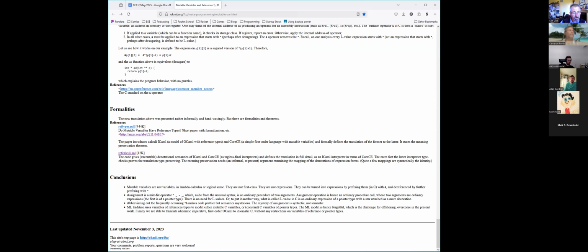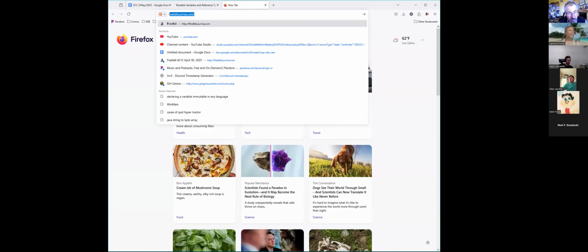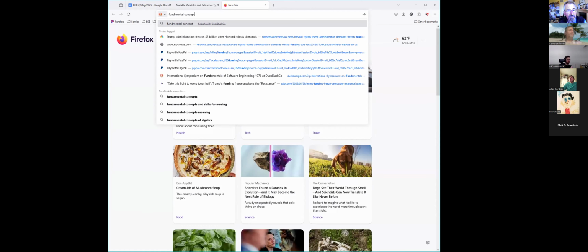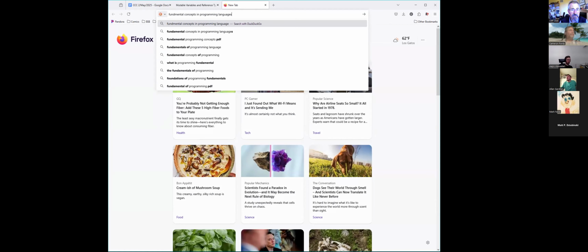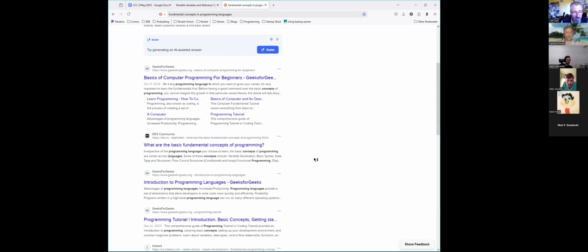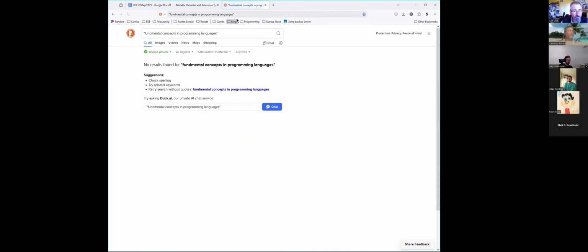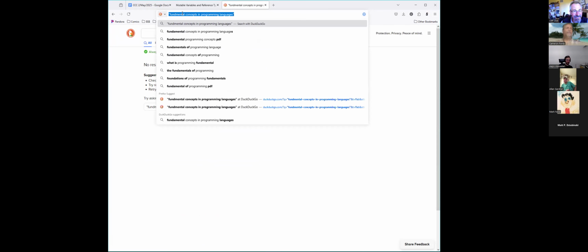And if you're talking about the paper by Strachey, that was 1967, Fundamental Concepts in Programming Languages. If you just Google that, that should be the first result. I can't spell that name though. Fundamental Concepts in Programming Languages. Just fundamental concepts. Use double quotes. That fixes it. That is not a good search engine. Try Google. Yeah, I'll try Google. I'm impressed that it has no results, I have to say.